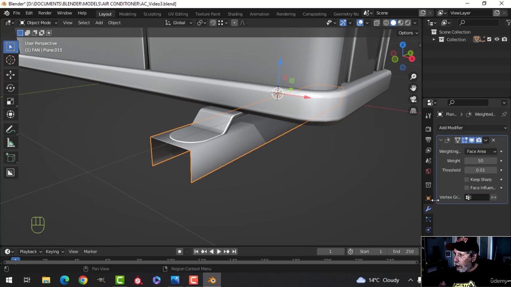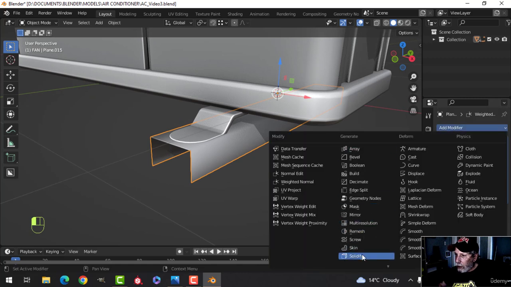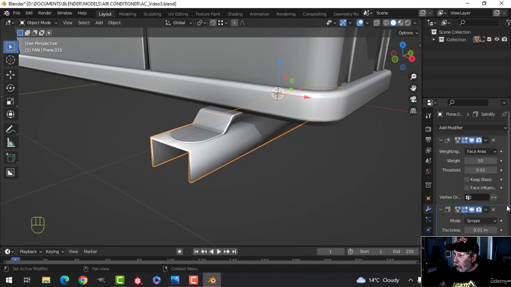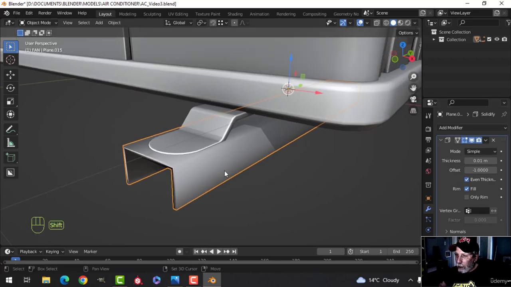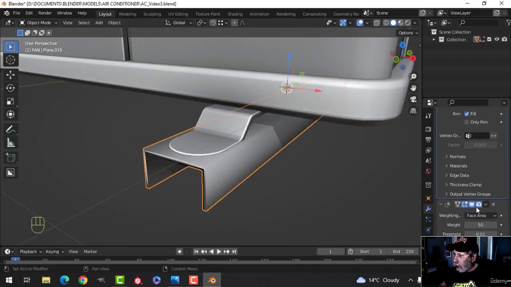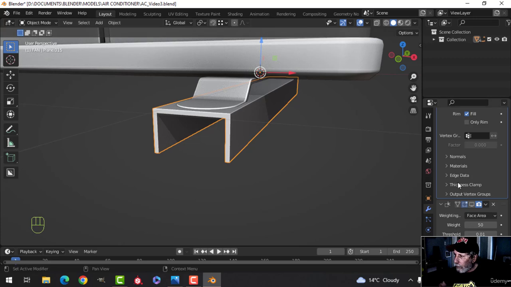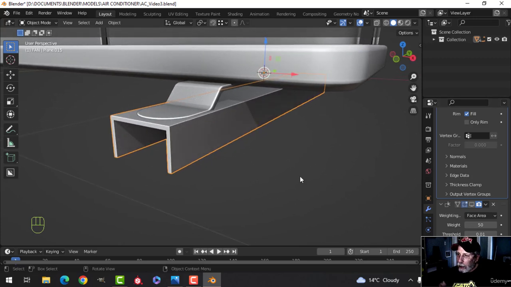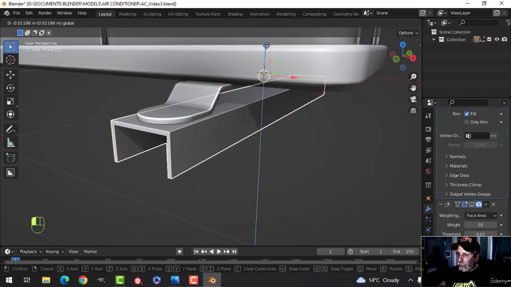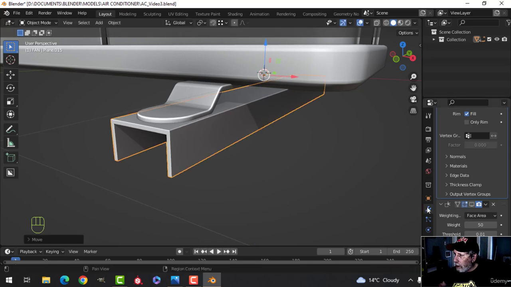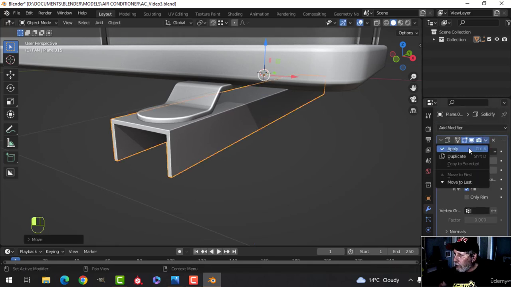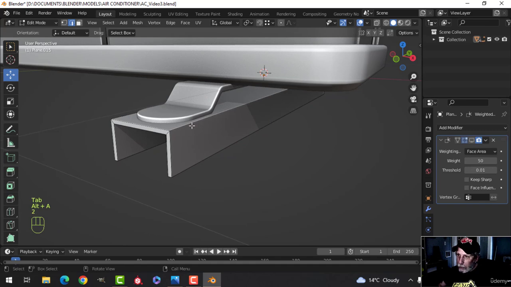Okay, let's try solidify on this guy. We'll just put it above. Do even thickness. And this thing is annoying me right now. Yeah, something like that. Okay, something like that. So I'm going to apply that, and then I'll come in here and I'm going to